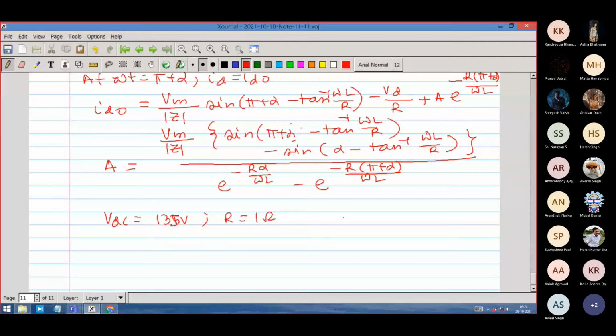Vm I have already said 325 volt. L I have said is equal to 10 into 10 to the power minus 3 Henry, and omega is equal to 2 pi into 50. So with these things, if you calculate, we'll get